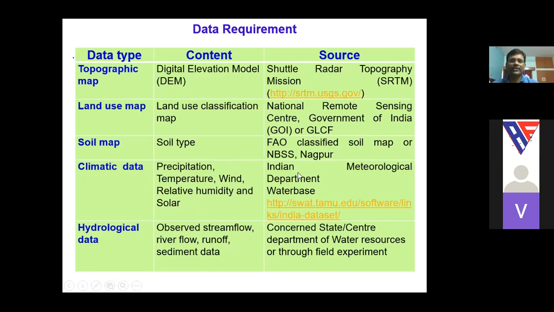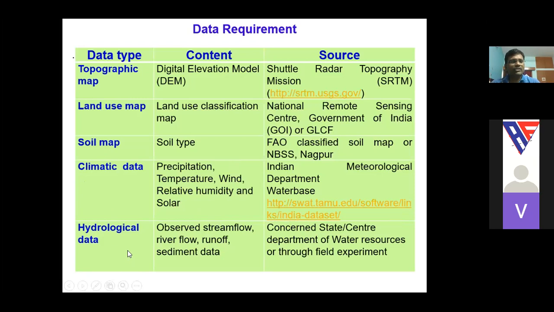In India, we can get this data from the Indian Meteorological Department, or there are also databases created by SWAT developers and users, available on the SWAT website.